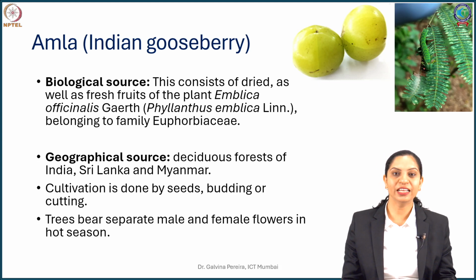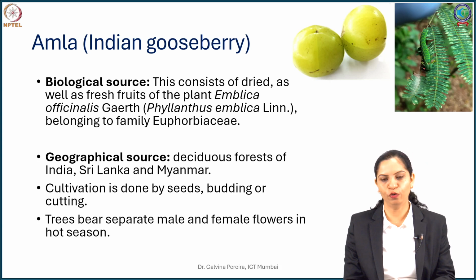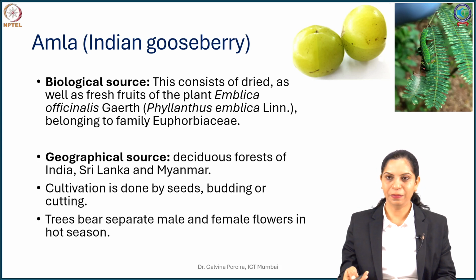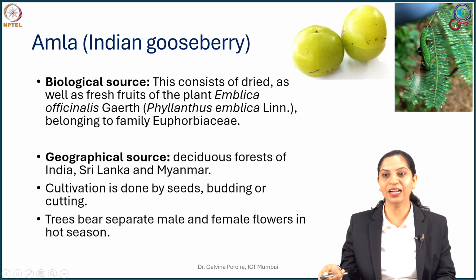The plant is Phyllanthus emblica earlier, now it is known as Emblica officinalis, belonging to the Euphorbiaceae family. So this is a plant, you can see by its occurrence, it bears what is called pinnately compound leaves, and these are little tiny leaflets which occur in pair. You can also see an insect coming out there.